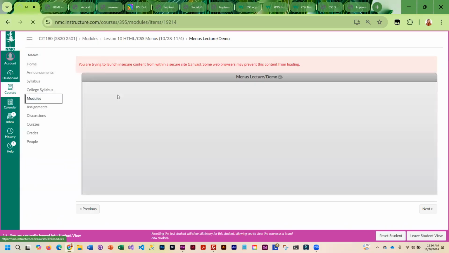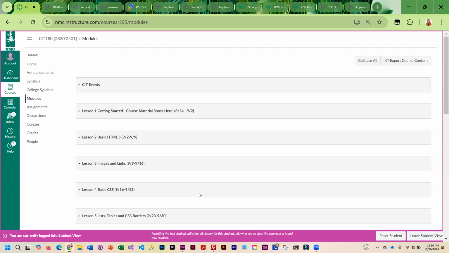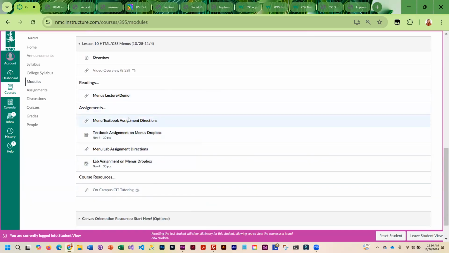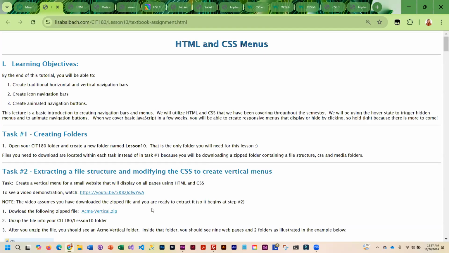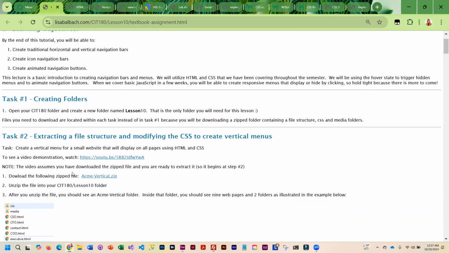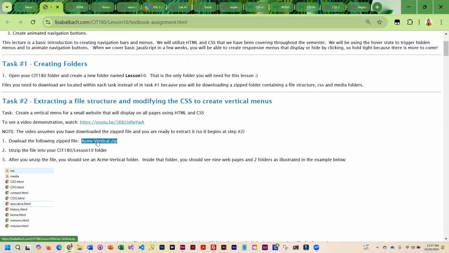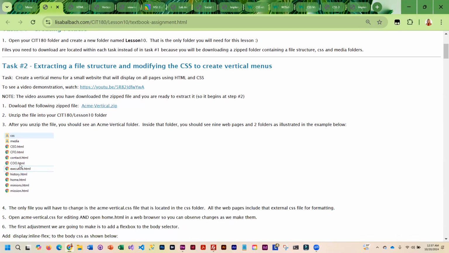So for the textbook assignment, and I will fix that so that it opens right up for you guys. For the textbook assignment, what you are going to be doing is downloading this. Basically, it's a folder with an entire website. So not a lot to each of the pages, but what you guys are going to be doing is adding